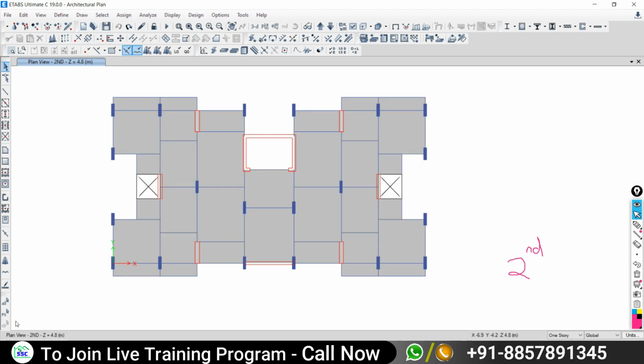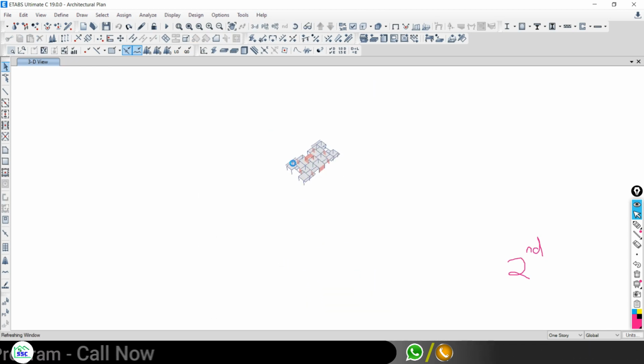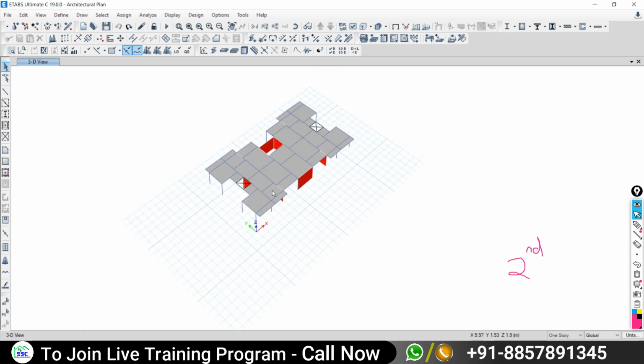Take your cursor here, drag it from left to right, and let all the things come inside this box. So all the things will be selected at once. Take the 3D view and right click, show selected object only. The second floor is in view. Is it the right way or not?